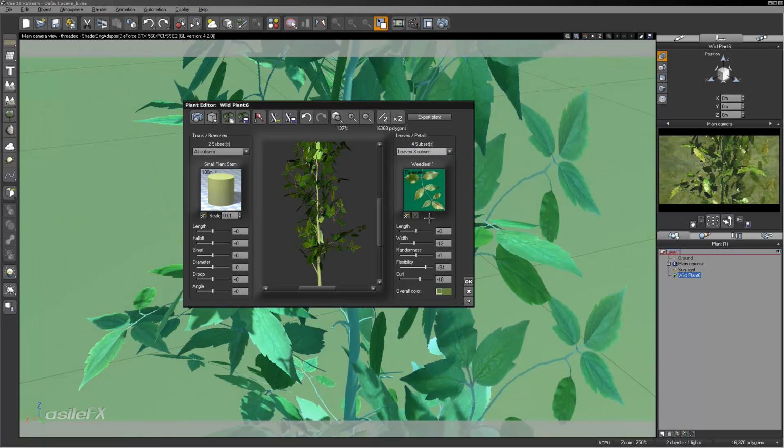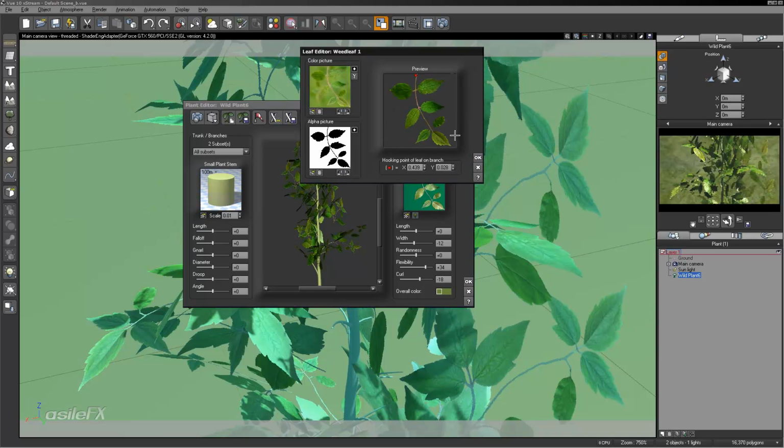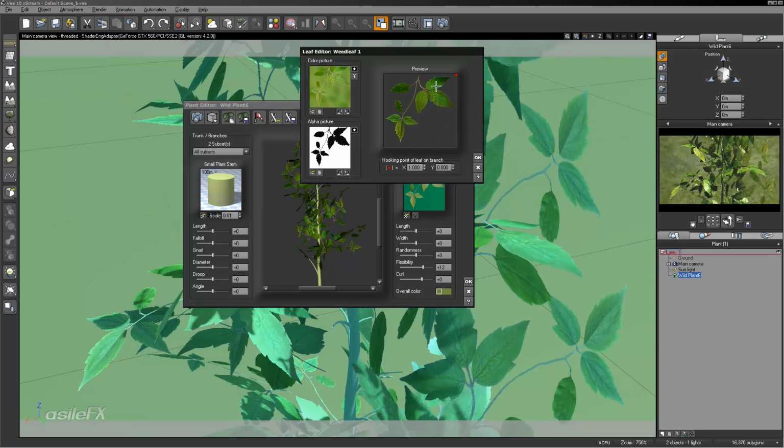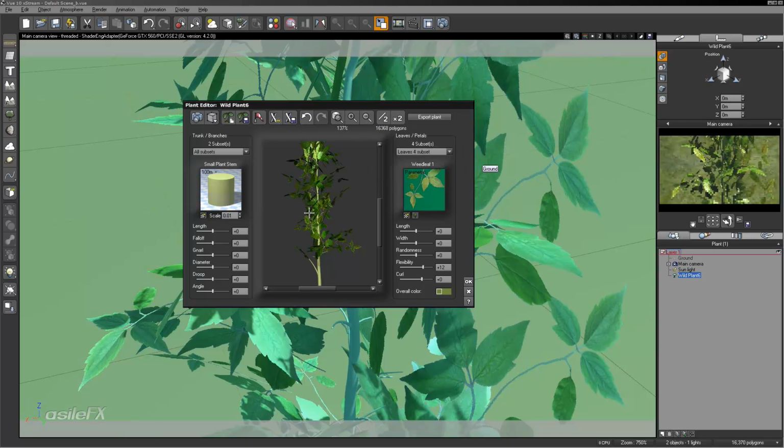So for close-ups, it won't look very good. And you've got a lot of free-floating branches this way. So that's the main thing to correct that you can see. There is another issue, and